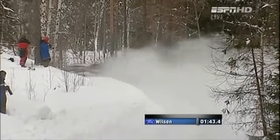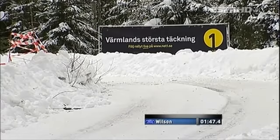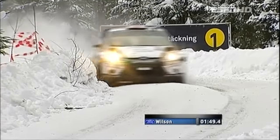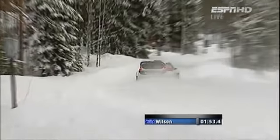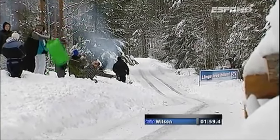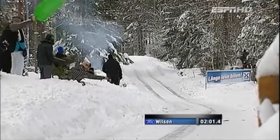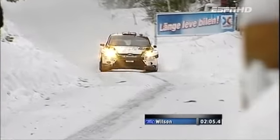Matt's already on course for a couple of championship points. Can he add them to them in the power stage? Hard on the accelerator and hard on the revs. Obviously, these cars are built to rev much higher, and the Ford's now switched to a 6-speed gearbox from 5 last year. Yeah, I mean, that obviously is needed because they've got to rev these cars that much